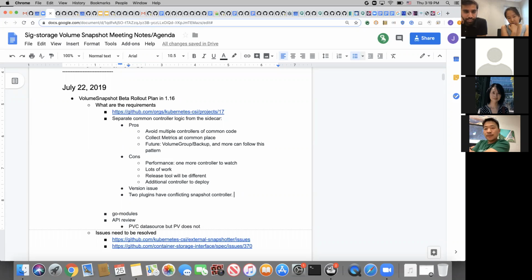Let's take it one step at a time. So first concern is around performance. And I imagine it's kind of end-to-end latency of the operation. Yep. So if you look at what the controller is doing today, it's not really going to change from what